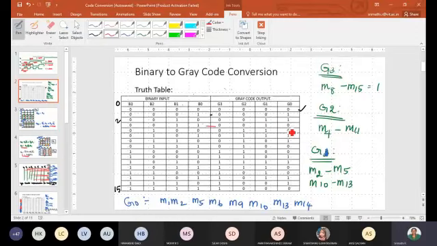If I change this bit from the LSB, this one changes too, so that is equivalent to 1, 1 here, and I won't do this. I'll keep this as such and change this, so 0, 1, 1, 0, which is equivalent to 4. Like that, try to fill this table.